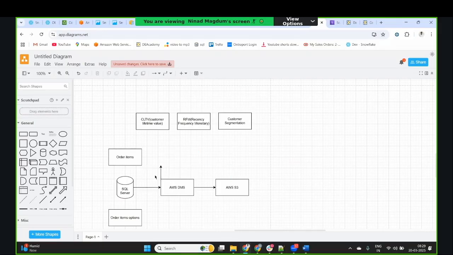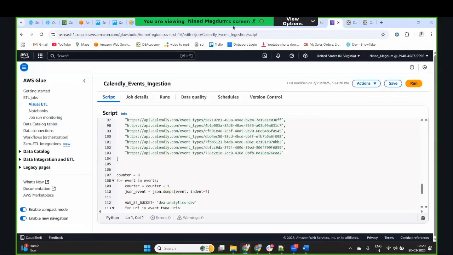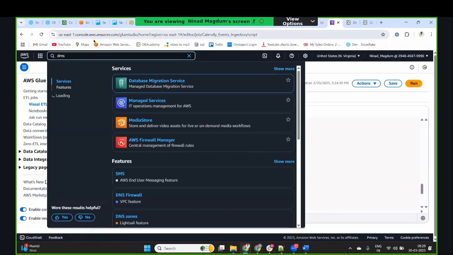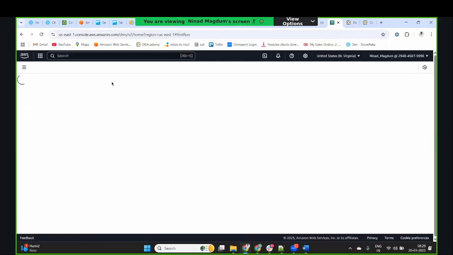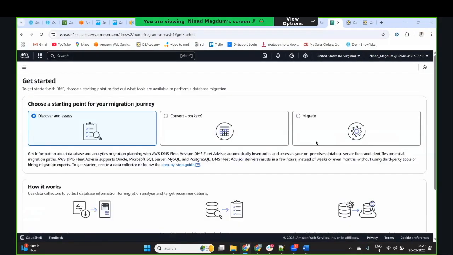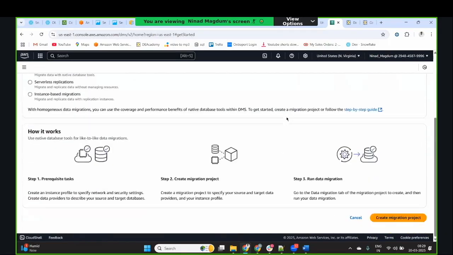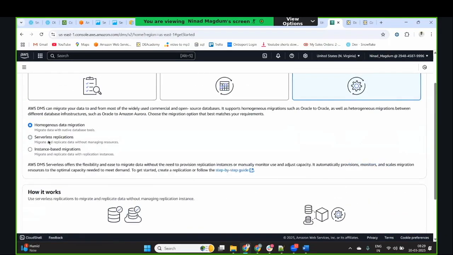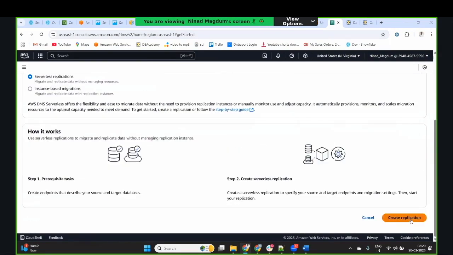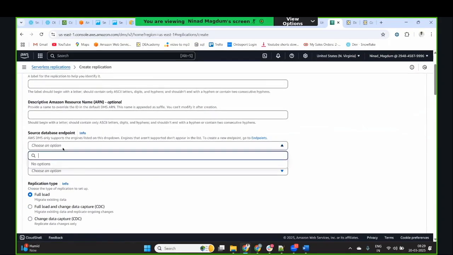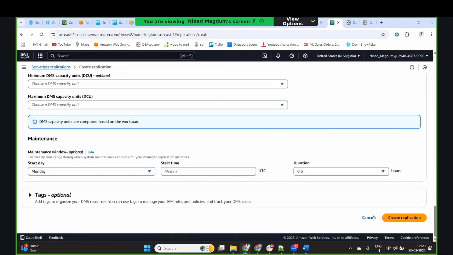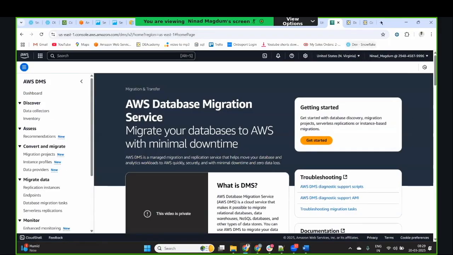Okay. Now moving ahead, I think you asked what are connectors, right? So if I had to show you an example practically, I can show you a DMS. I don't have Fivetran as of now. Great. So I will just serverless migration. Yeah, okay, here source database endpoint. I'll have to create the endpoints. Okay, so now when we say DMS,